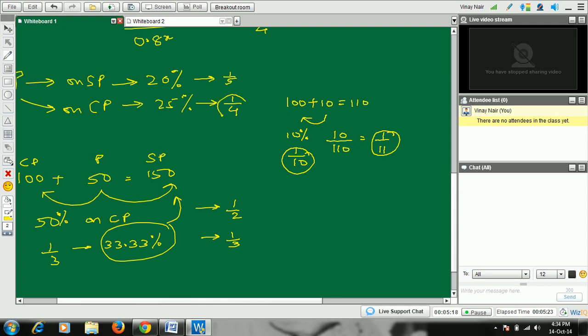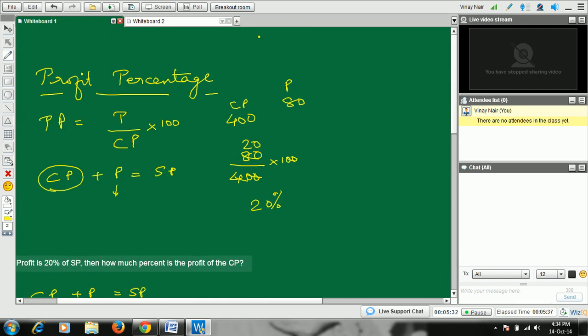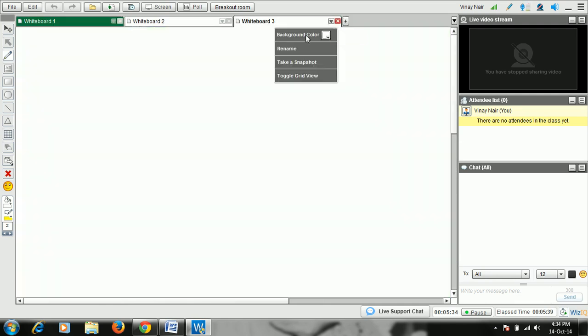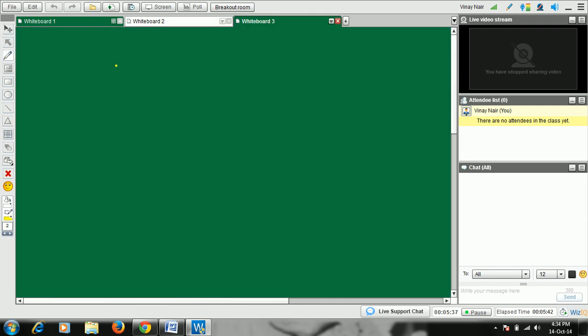When the profit is 1/4 of the cost price, it is 1/5 of the selling price. When the profit is half of cost price, it is 1/3 of the selling price. Right? So this is really interesting. That is, if we have our cost price, profit and selling price, and we know that profit is 1 upon A of the cost price, it will be 1 upon A plus 1 of the selling price.